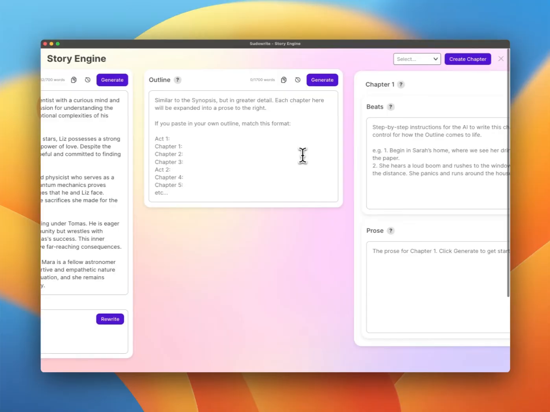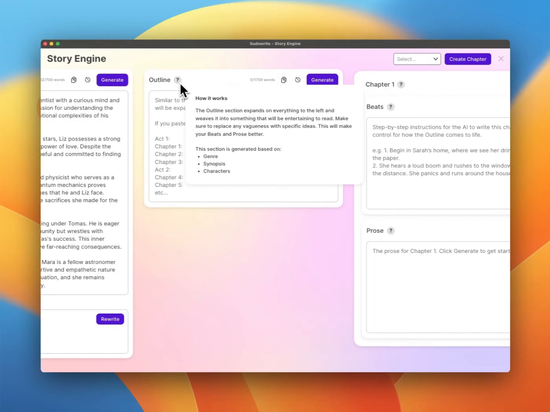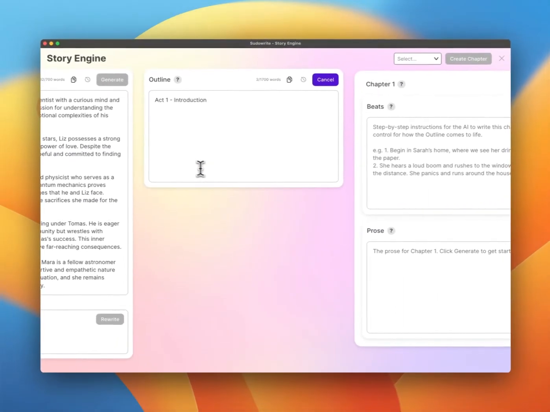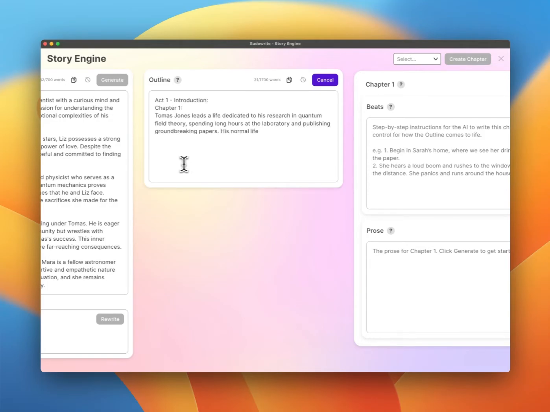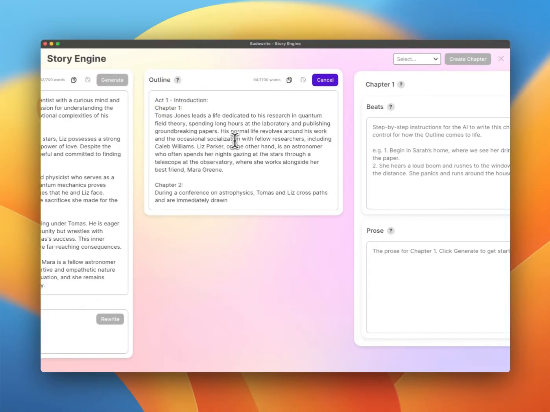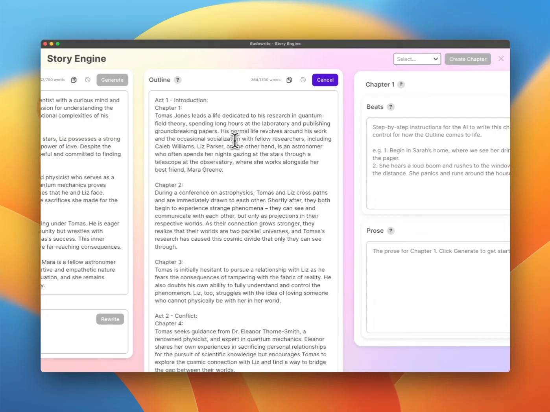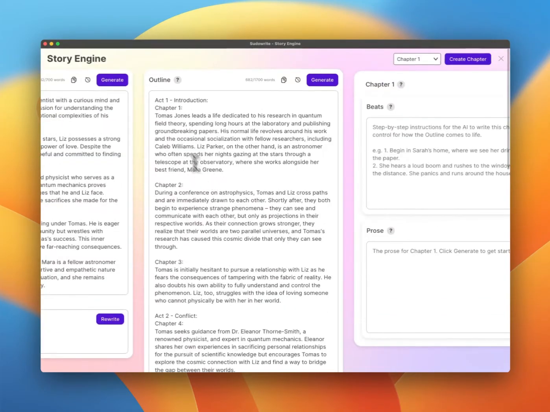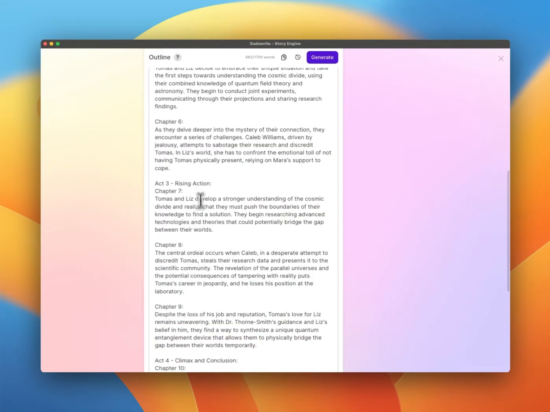So this is starting to get into the real meat of the novel. So what outline will do is we'll click generate, is that it will look at the synopsis, it will look at the characters, and put it into an outline that dramatizes that story. And it does this using acts and chapters. Okay, and it's done. So the AI has now generated 12 different chapters across 4 acts: introduction, conflict, rising action,